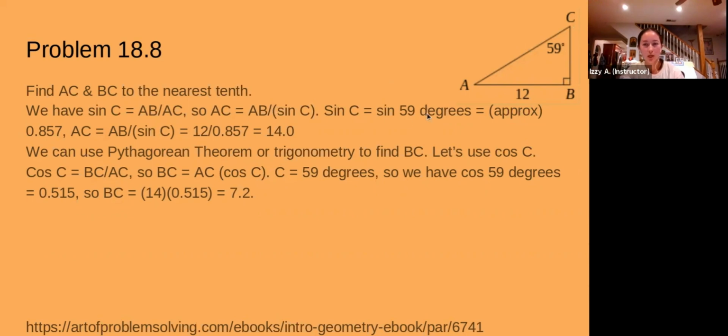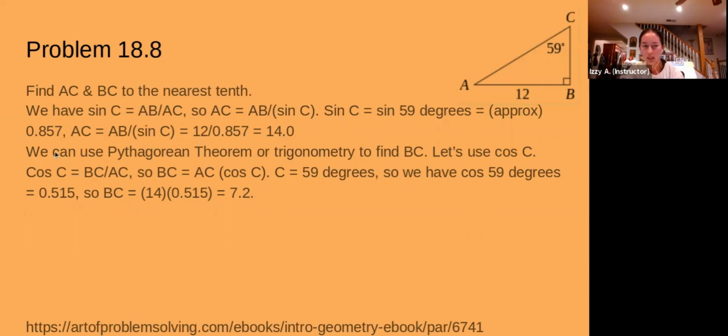If we isolate AC, that equals AB over sine of C. Sine of 59 degrees is approximately 0.857. So AC would be equal to AB over sine C, and we just plug in values to get